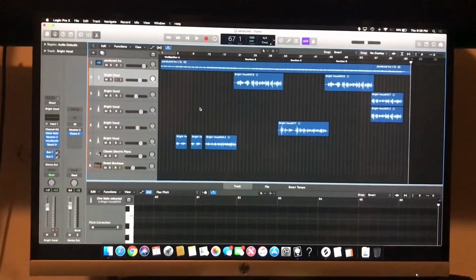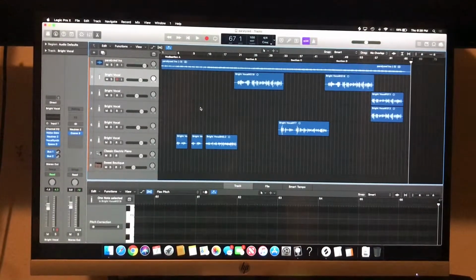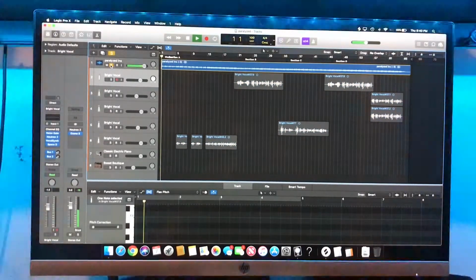So I got Logic Pro open. Pretty much the main difference between this song and all of the other songs on the EP is the actual instrumentation. I originally started this project in GarageBand, and I really like the instrumental, like the drums, but I had a really hard time recreating the exact sound that I wanted in Logic. I had a hard time doing the drums again. So what I did was I just got the instrumental,